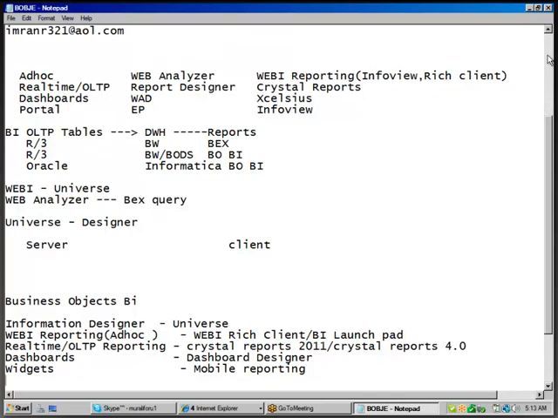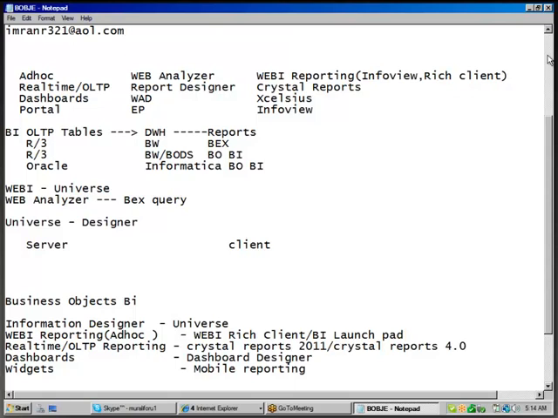So in R4 or R3, or if you go for any reporting tool in the world, SAP had a reporting tool earlier called BEx, Business Explorer, and Business Objects has this kind of reporting tools. When you go for MicroStrategy reporting, there also you can create 3 kinds of reports: ad hoc report, real-time report, dashboard report.